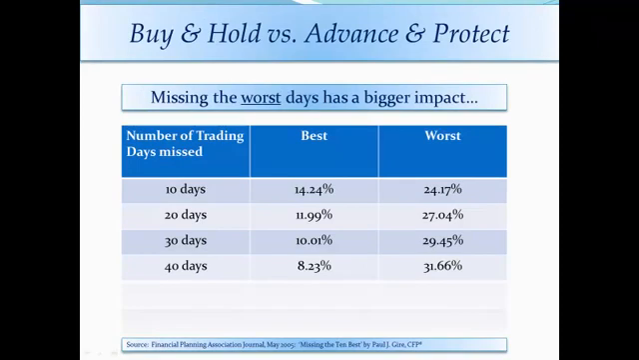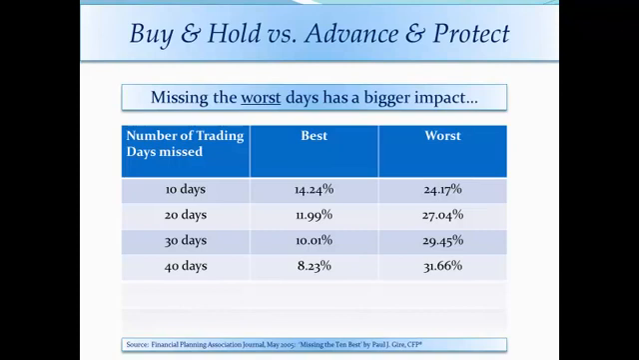What the article doesn't say is what happens to returns if you miss the worst trading days. So we looked at the same time period the article looked at, and missing the worst trading days during those 15 years actually had a much bigger impact on returns. If you missed the worst 10 days, the returns were 24.17%, not 17.89. If you missed the worst 20 days, the returns were 27.04%, and missing the worst 30 days,